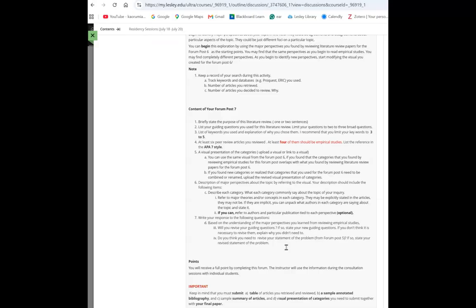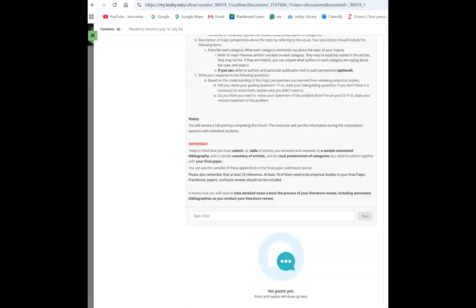This assignment will be just pass or fail, so you will get full points if you complete it. The point value will be 8. I'm also planning to write my response to your forum post individually, and you should be able to find my comments in your gradebook. One last important announcement about this Forum 7 post assignment: